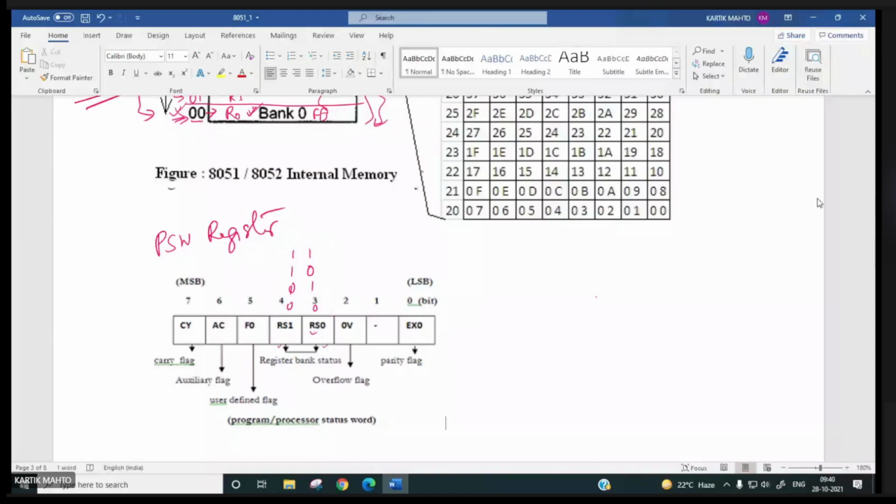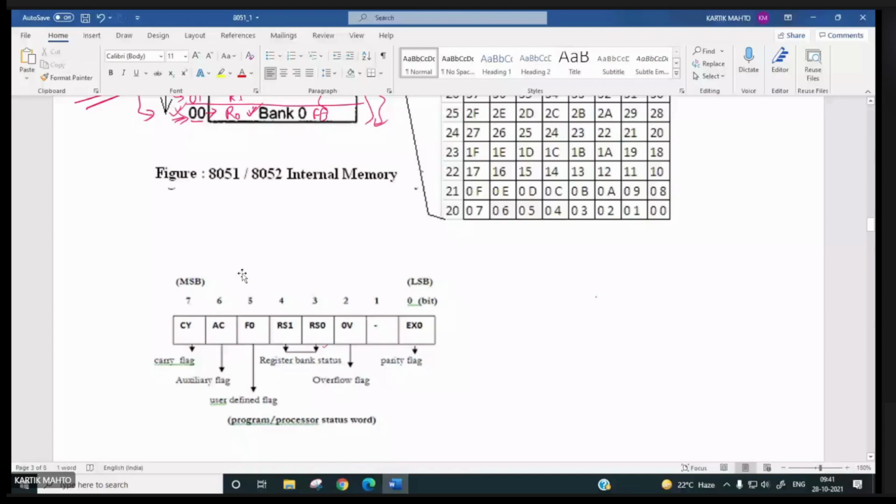What is bit addressable? It will come later on. Most of the special function registers are bit addressable. You can change any bit of a bit addressable register by writing one instruction.